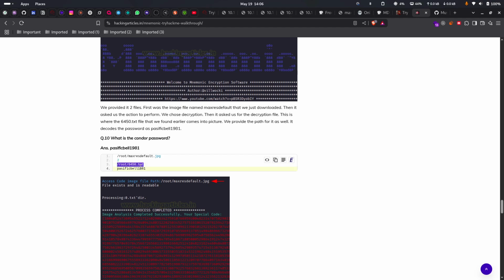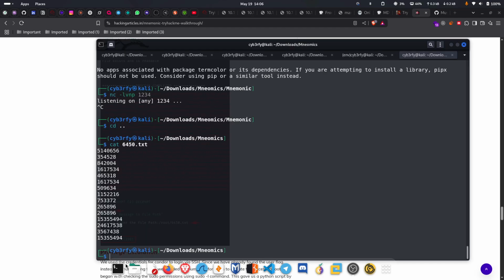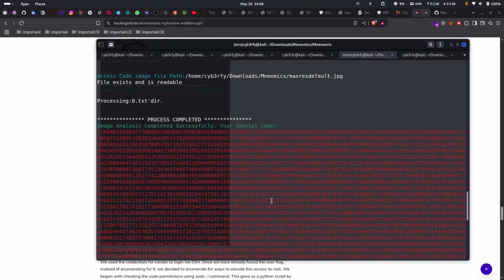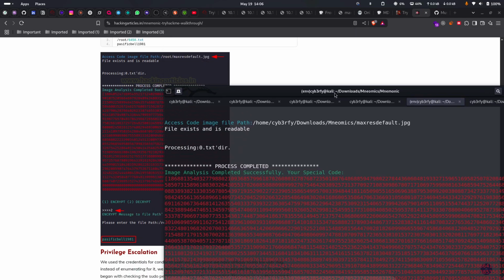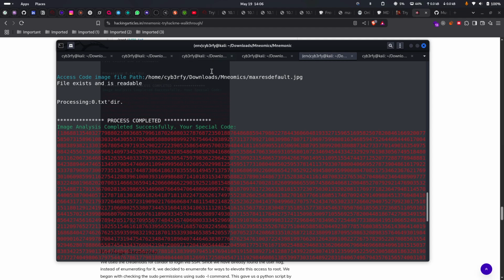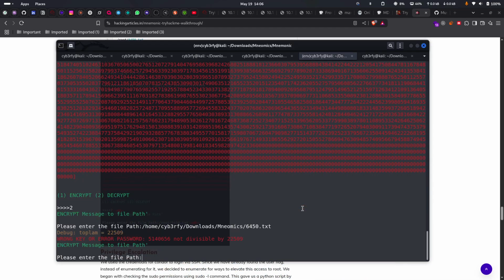I also did the same thing, but here you can see the code that was generated for me is not the same. In every write-up I have seen, they have the same code. I don't know why this script was not working, but there was some issue with it. I was not able to solve that issue. But